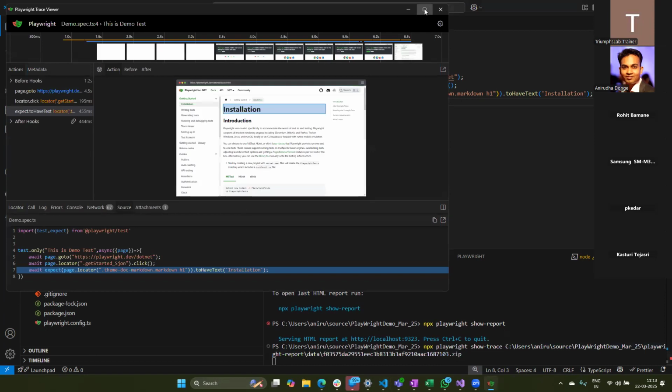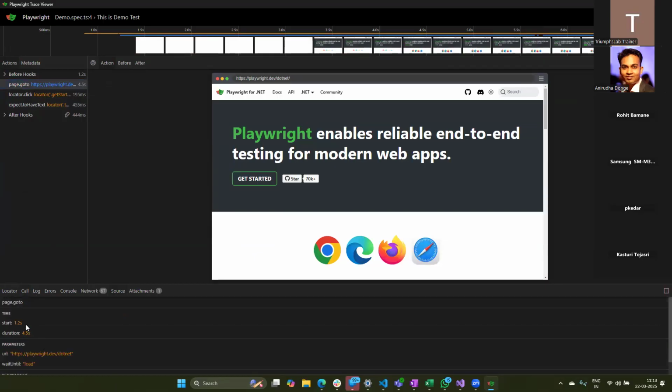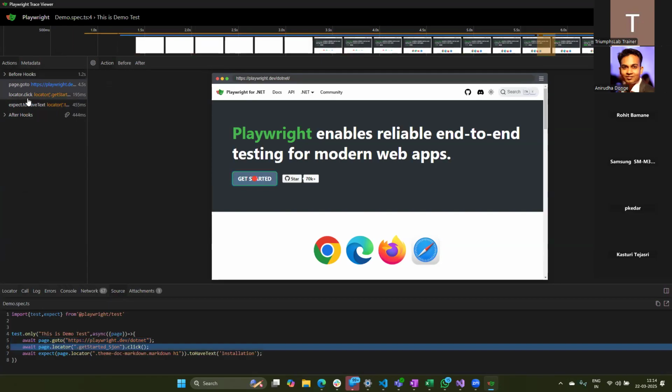See, trace would provide me with each and every detail, and you get the locator logs showing what exactly I'm doing. First I was clicking, and the parameter was this. It will also tell me the source code where exactly that code resides. It is highlighting which code I was trying to execute.